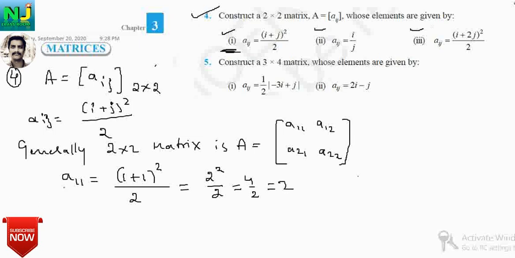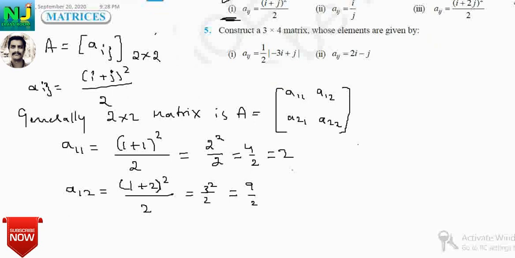So what is the value of a11? a11 ಎಷ್ಟು ಬಂತಪ್ಪ? ಐಗೆ ನೀವು 1 ಅಂತ ಪುಟ್ ಮಾಡಬೇಕು, ಜೆಗೆ 1 ಅಂತ ಪುಟ್ ಮಾಡಬೇಕು. That is the first element. Similarly, we go for a12. In a12, put (1 plus 2) square divided by 2. What is 1 plus 2? 3 square divided by 2. So 3 square is 9 by 2. ಹಾಗೆ ಇಡಿ, ಫ್ರಾಕ್ಷನ್ಸಲ್ಲಿ ಹಾಗೆ ಇಡಿ. ಸೊ 9 by 2ನೇ ಇಡಿ, ಅದನ್ನು ನೀವು ಡಿವೈಡ್ ಮಾಡಲಿಕ್ಕೆ ಹೋಗಬೇಡಿ.